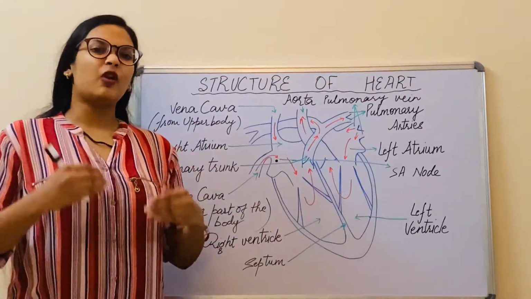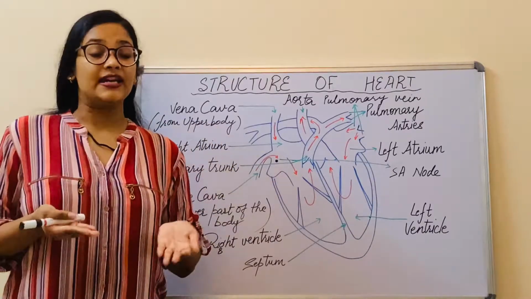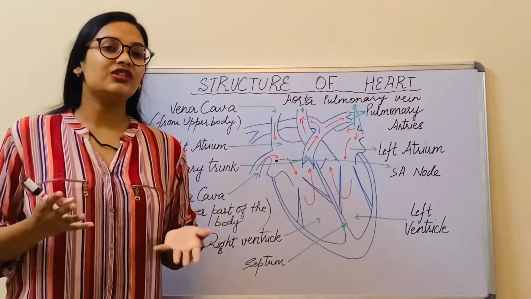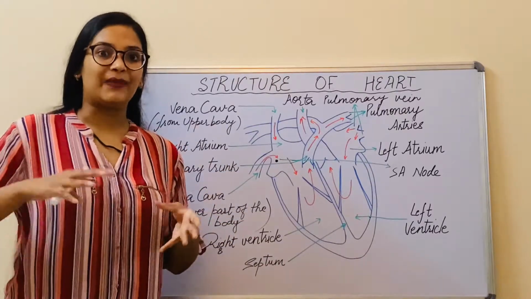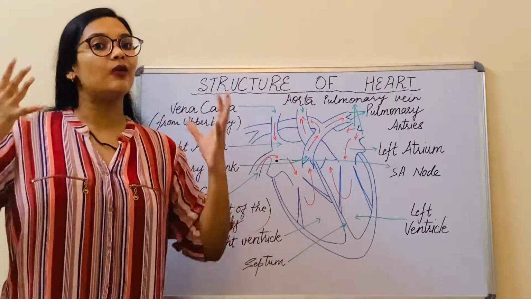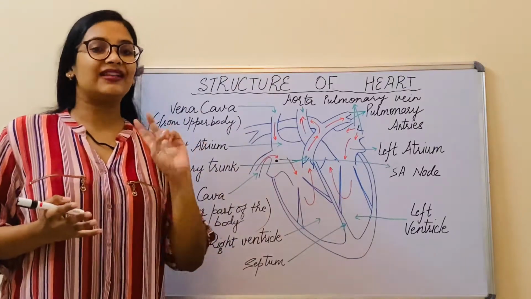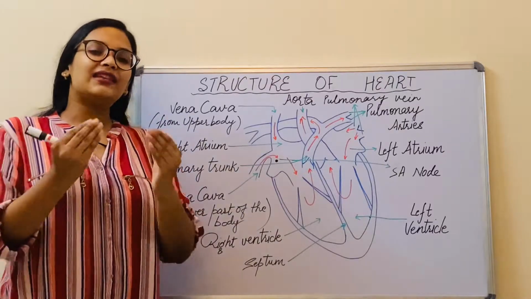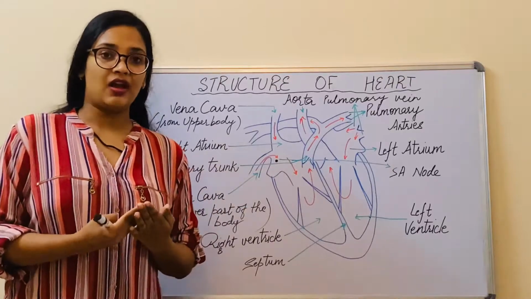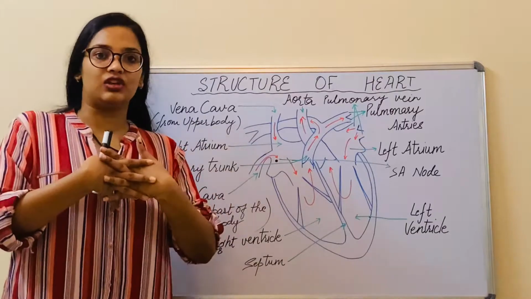So we are going to go from outside towards the inside. So now, first of all, what covers the heart? See, heart is a delicate organ and we need to protect that organ. So there is pericardium. Peri means surrounding and cardium means related to heart. So the covering which is surrounding all of the heart is called the pericardium. Now, the pericardium has two layers. First one is a little towards the outside and not that much sticking to that of the heart, whereas the other one is tightly, compactly in relation to the heart.